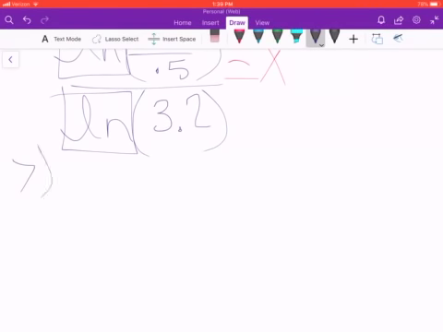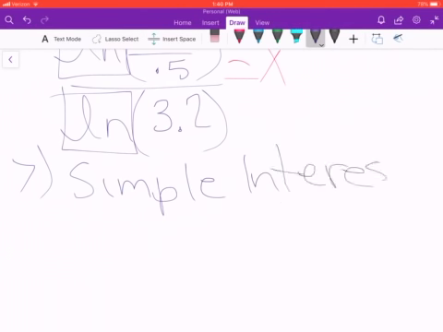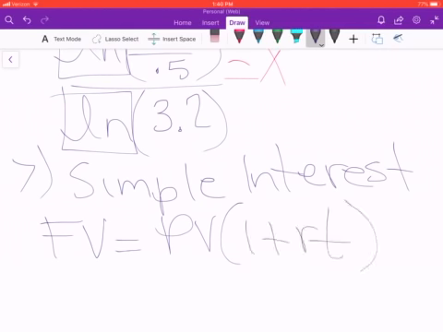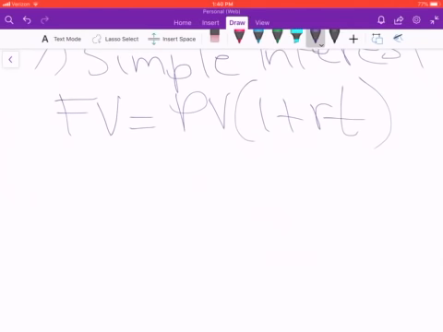Now I'm going to move on to problem 7. And so problem 7 refers to section 5.1, which is simple interest. So make sure you do have that formula on your formula sheet. And remember, you will not be allowed to take the test unless you have a formula sheet. For simple interest, if you are given present value, time, and rate, you have to find the future value. So make sure that your time is in years,